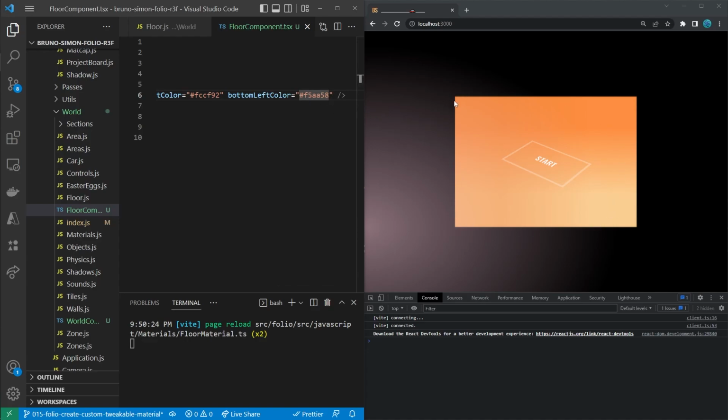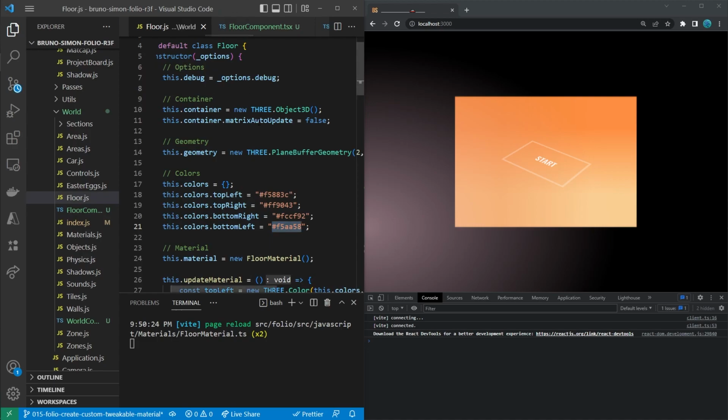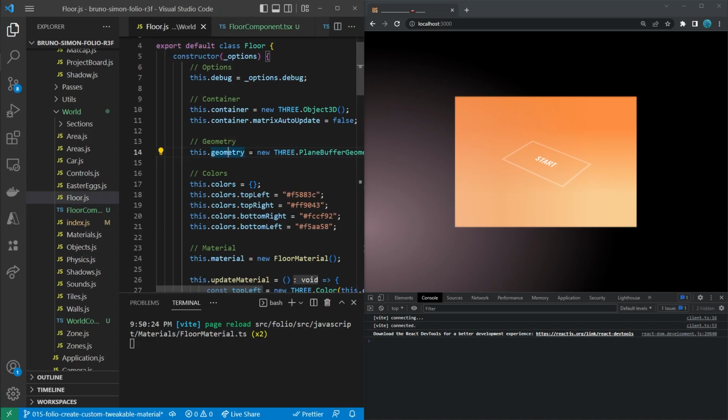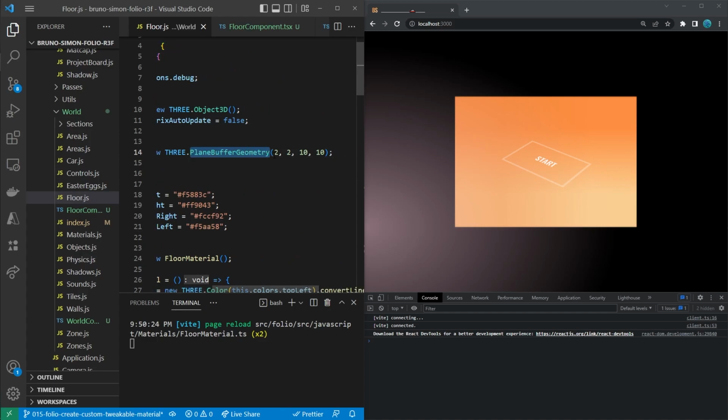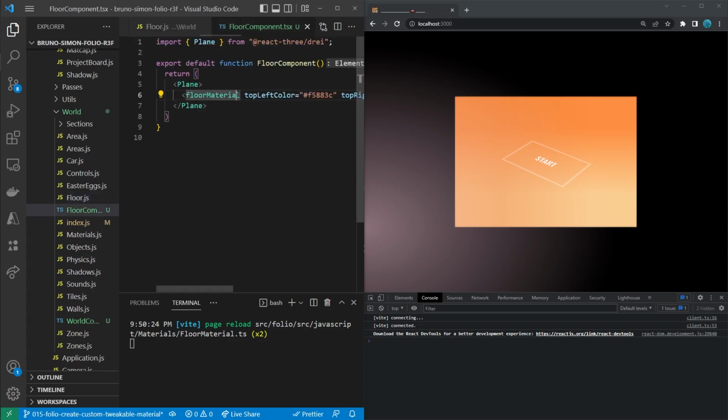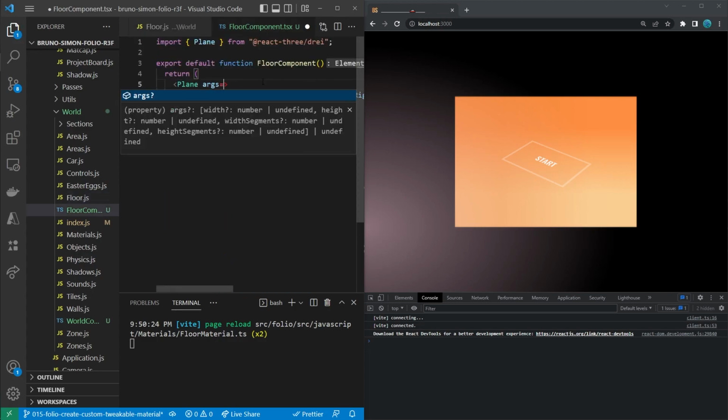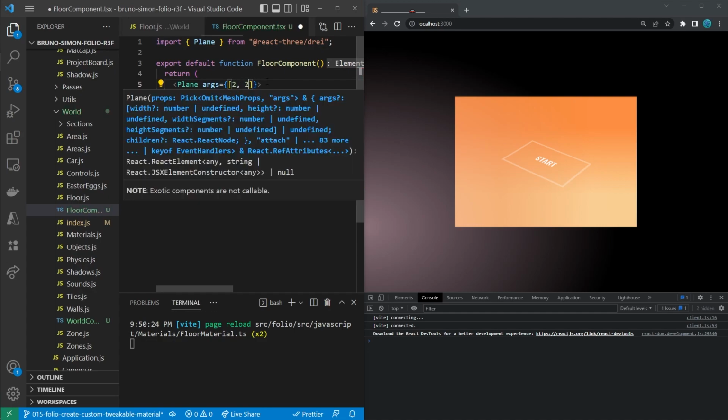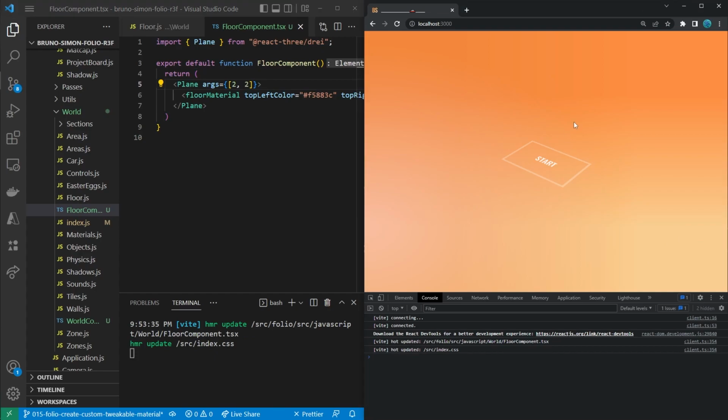Now we still have that issue that the plane is too small, and that's quite easy to solve. So if we would go to the floor.js, then you'll see that Bruno created the geometry, the plane buffer geometry with a size of 2 by 2, with 10 width segments and 10 height segments. Now we don't need those width and height segments because it works fine with the default of 1 width and height segment. But we do need to set the width and height to 2, because we currently only set the width and height of the data texture to 2, but not of the actual plane. So if we would set the arguments right here to 2 and save that, you'll see that the screen is